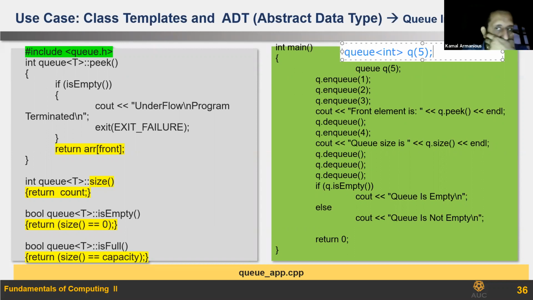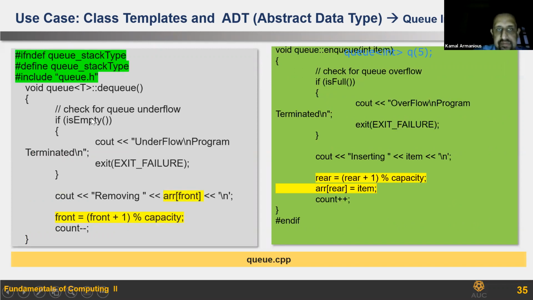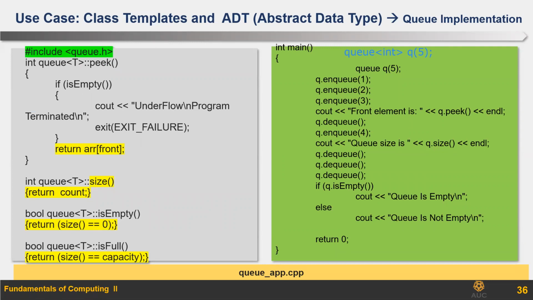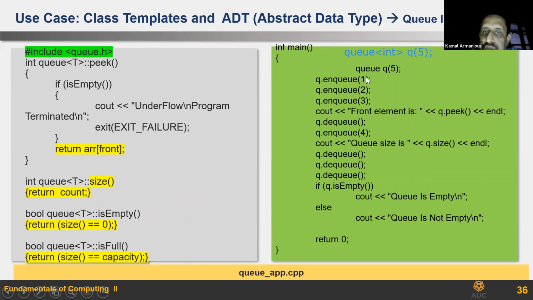And this is a queue of integer. This means that when I call those functions, enqueue, dequeue, whatever, T will be replaced with integer. Excellent. So this is calling a constructor. q.enqueue(1): I am adding 1 to a queue, and 1 is what data type?